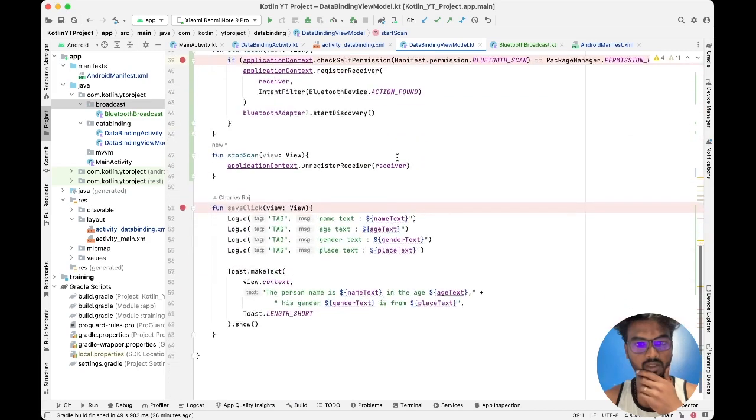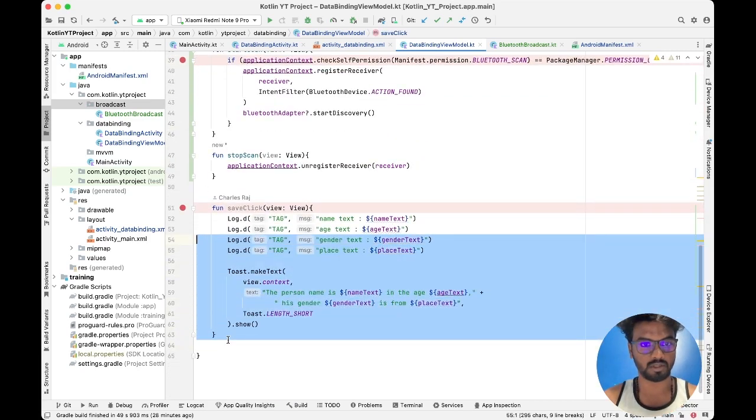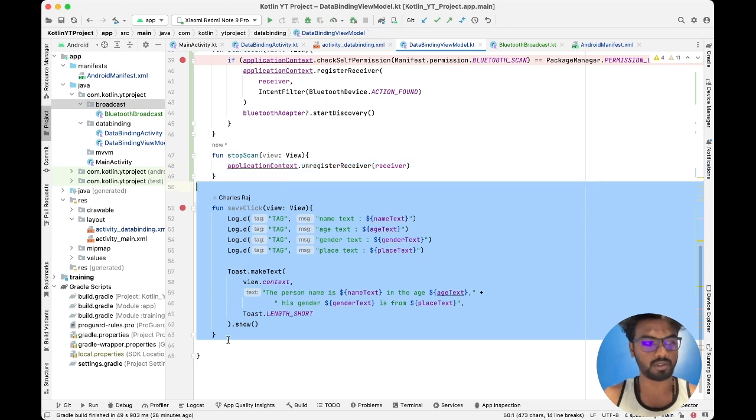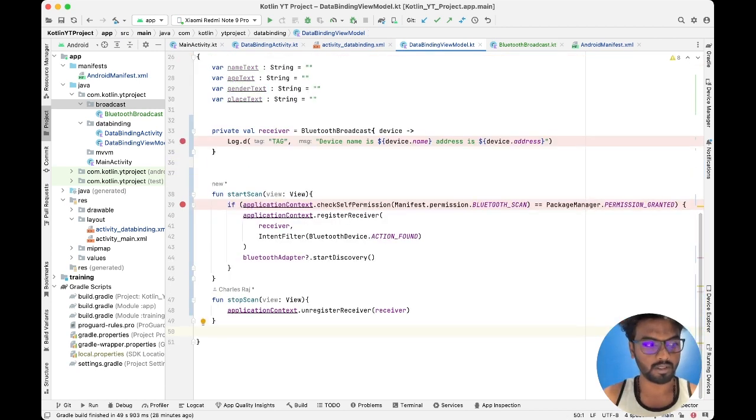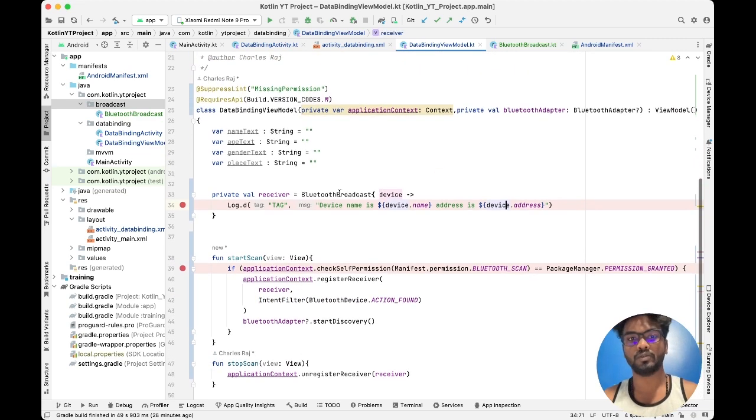I'm just going to show this ViewModel, and this class we are no more using. I am just cleaning this process. I just cleaned it, and we are using the start scan and stop scan functions, and only here is the place where we are getting the device name and device address. So what we are going to do is